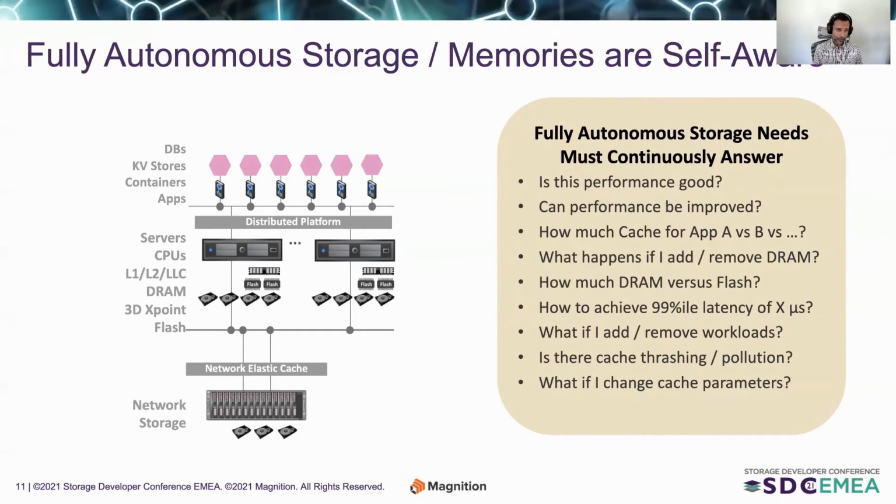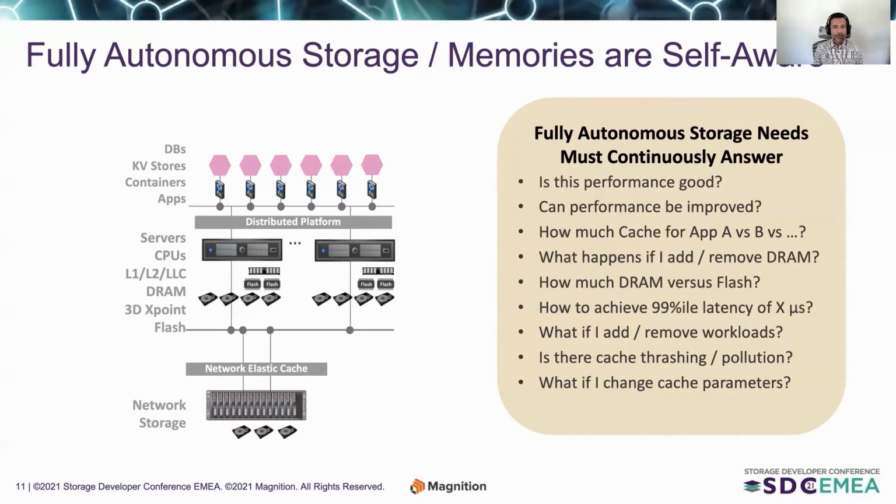These include servers that have CPUs with memories, L1, L2s, and LLCs of various sizes, flavors, and forms with different latencies and performance characteristics. Obviously, we have buffer caches and anonymous memory management in DRAM, and increasingly in other systems like 3D XPoint, MRAM, and other emerging technologies. We have fast flash, we have slow flash, all of these components sitting in distributed systems, with very elastic network caches sometimes available before connecting to network storage. So we have caches and disks and flash and DRAM all throughout these layers. And even in my smartwatch that I wear every day, there are numerous layers and tiers of storage,